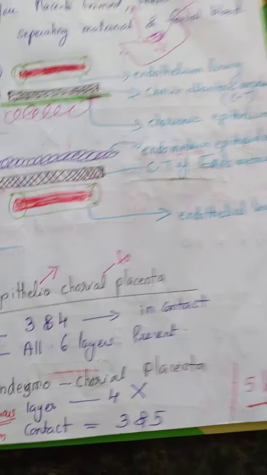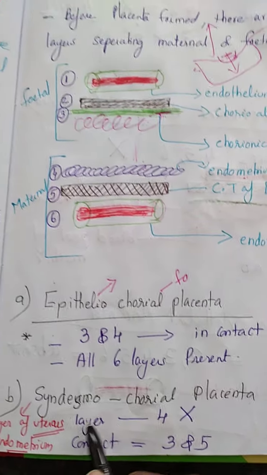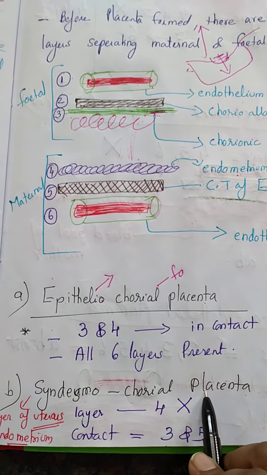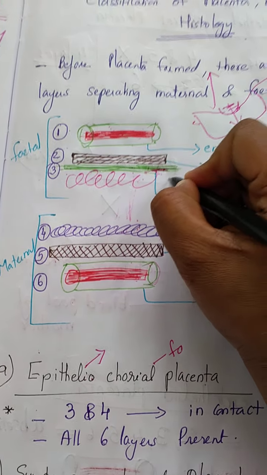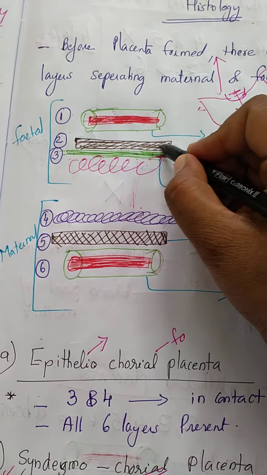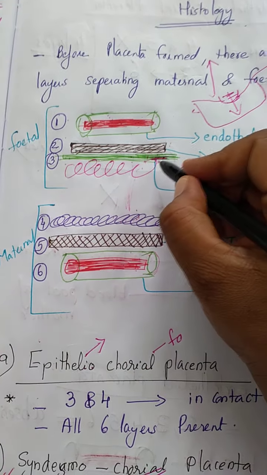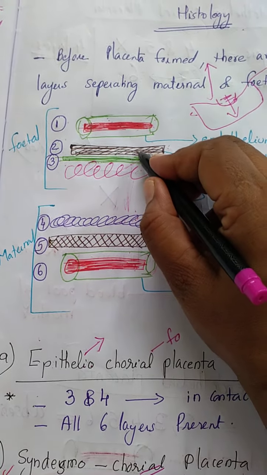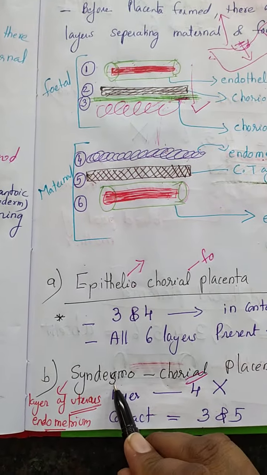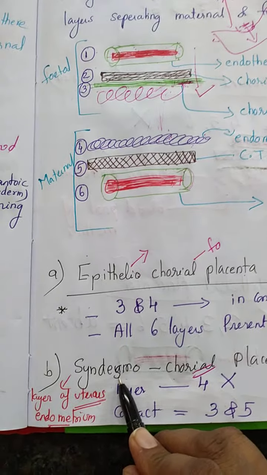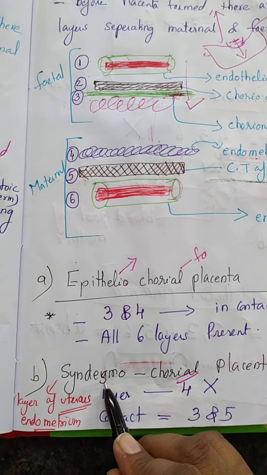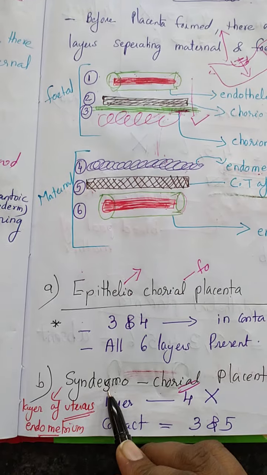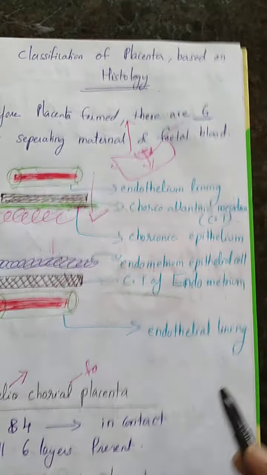The second type of placenta, seen in some other animals, is called syndesmochorial placenta. Again, the chorion remains, so this membrane is still intact, and everything above that also will be intact, because unless you rupture this, you cannot reach it. So these 3 are intact, but here we are mentioning syndesmo. Syndesmo is a layer of the endometrium of the uterus, the endometrial connective tissue. Where is it? Here.